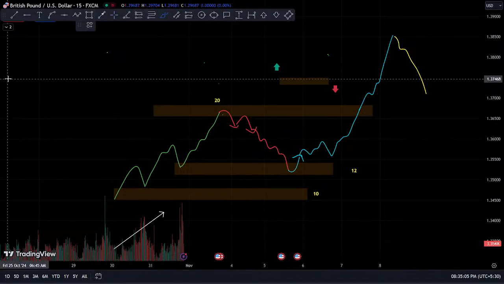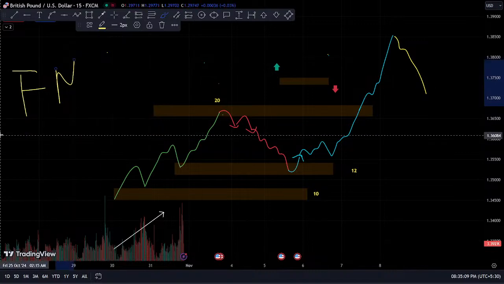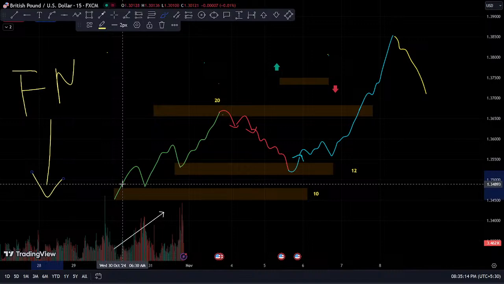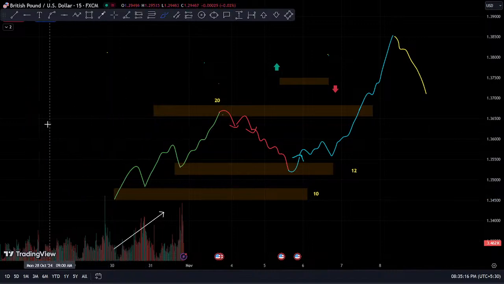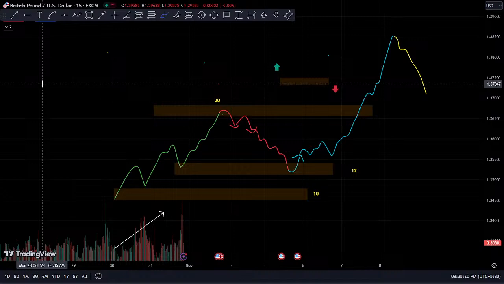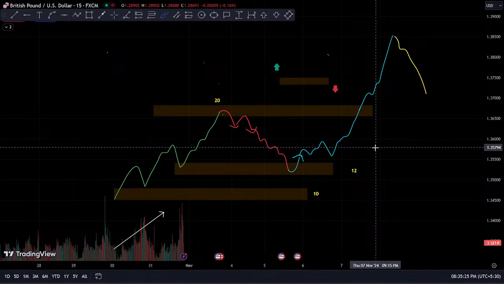If there are some fundamentals or some news involved, I would rather choose to trade in a lower lot size. If there are some fundamentals and big news involved that might impact the market in a very volatile way,